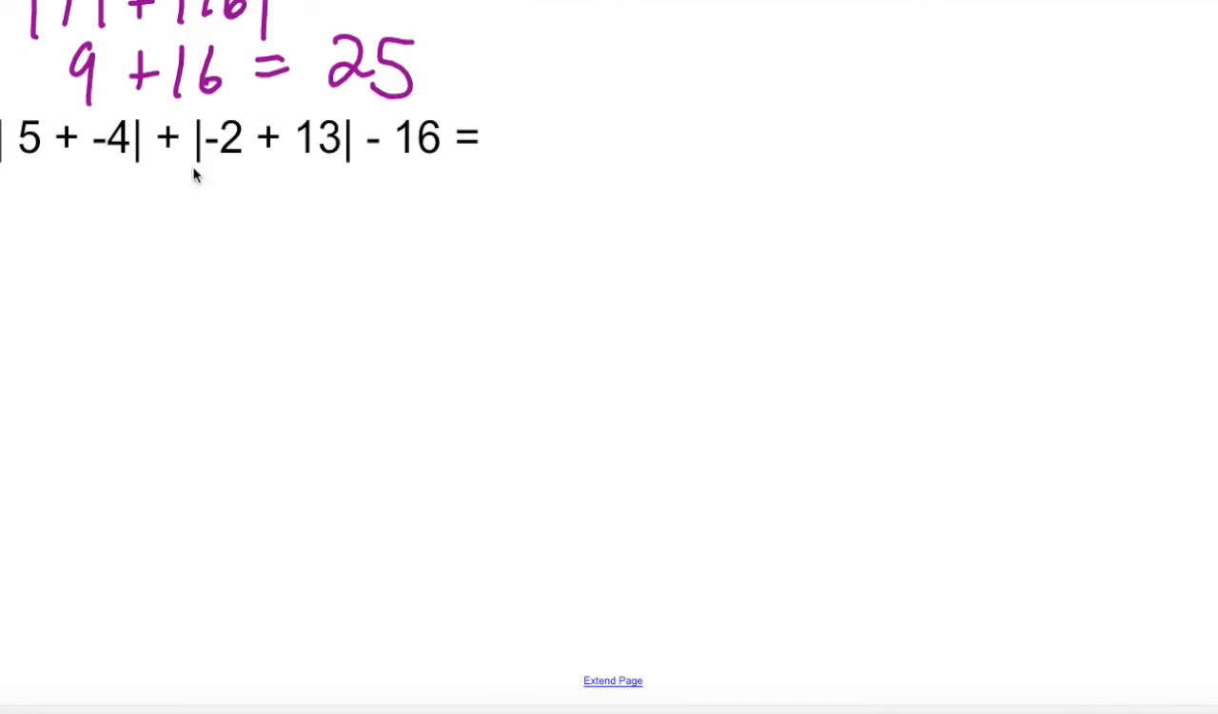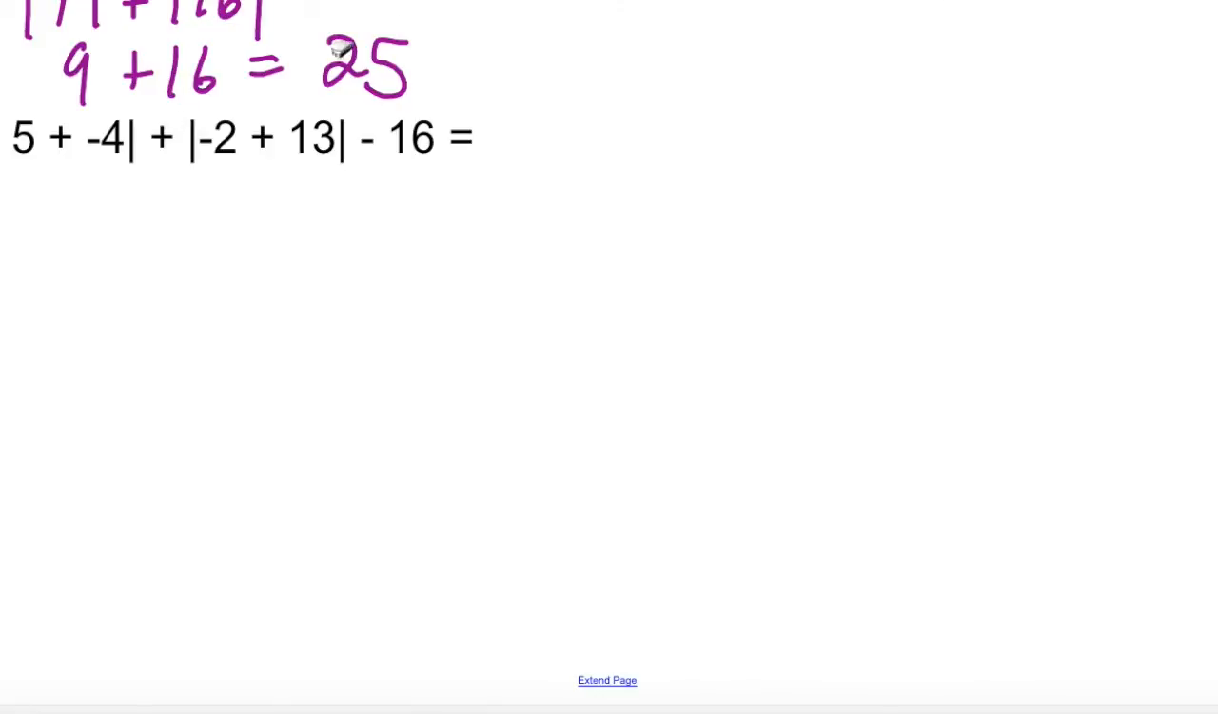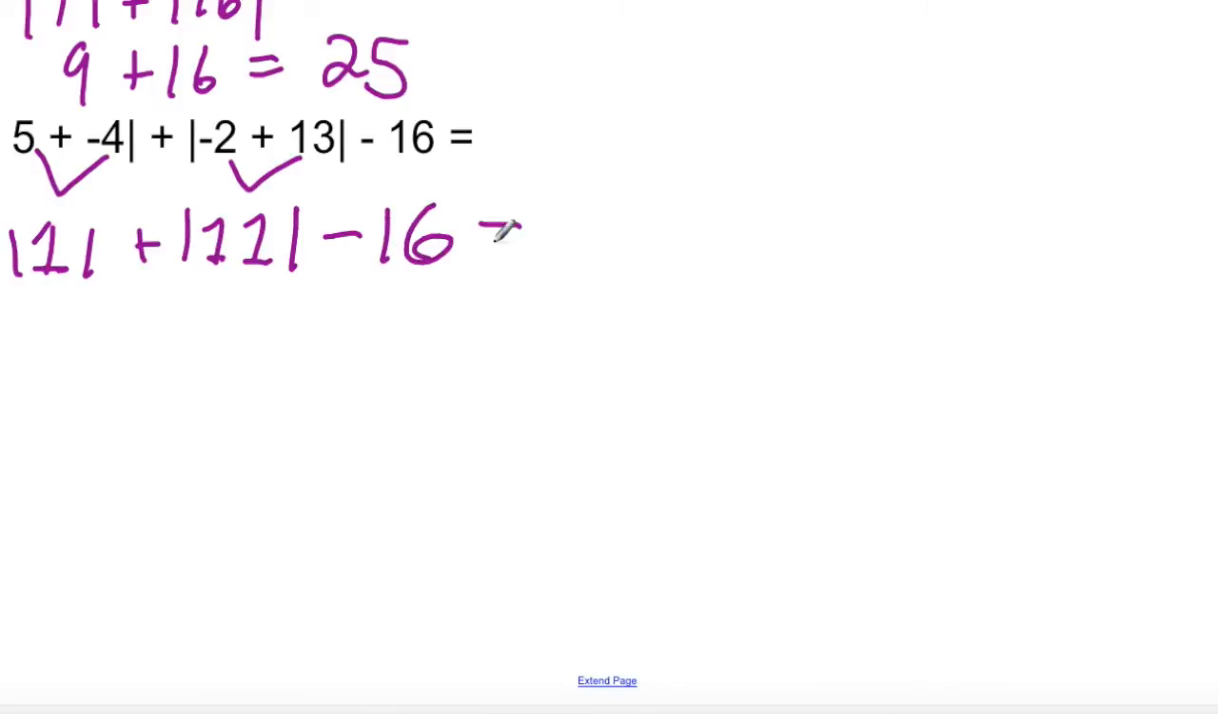In our final example, we have the absolute value of +5 plus -4 plus the absolute value of -2 plus +13 minus 16. So the first thing we're going to want to do is combine our like values within here. So we're going to have 5 plus -4 will just give us -1's absolute value. Plus, if we combine these two, -2 plus +13 will give us an absolute value of +11. And then we're going to subtract that by 16. So from here, we'll just take those absolute values. This will just leave us with